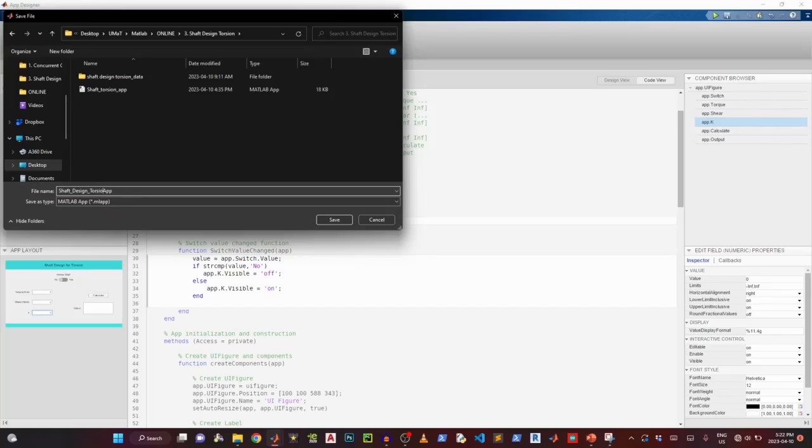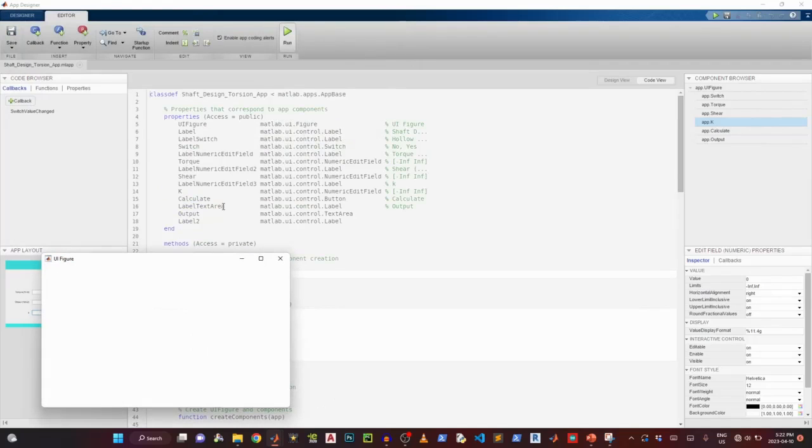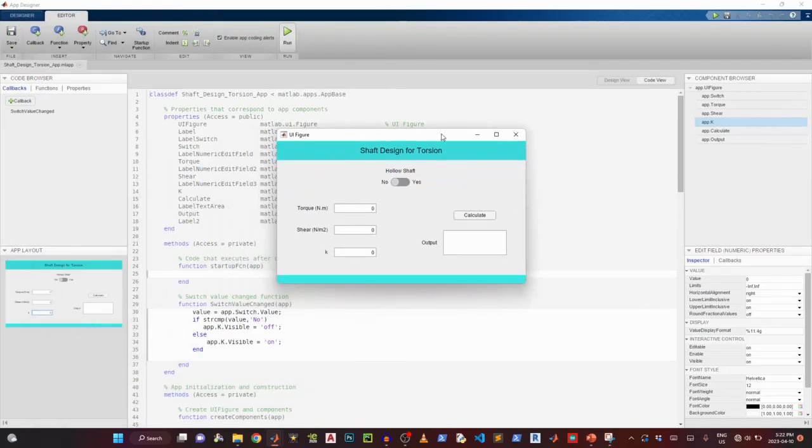I'll add torsion to it because there are other forces I haven't considered. This is just for torsion. Okay, so I'll save this. Now let me run it. Now when I run it, I have that. If I turn this to yes, okay, so